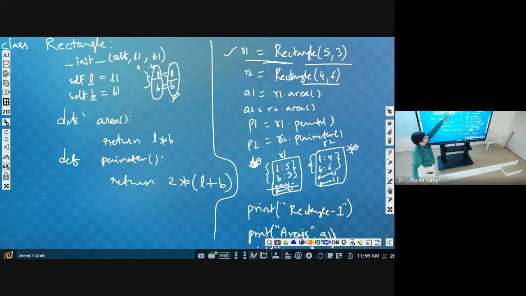I have told you, L is equal to L, B is equal to B. Instead of writing that, we wanted to specify that this L belongs to the object. Which object? The current object. Or instead you can use current, that is more appropriate actually.